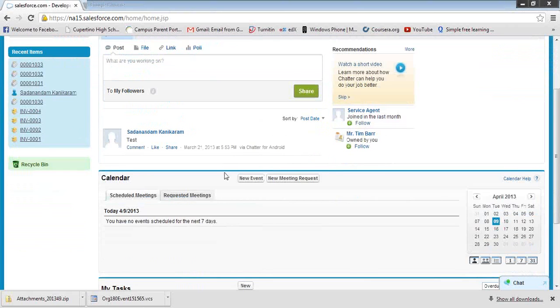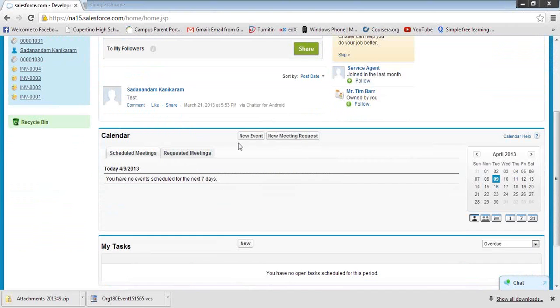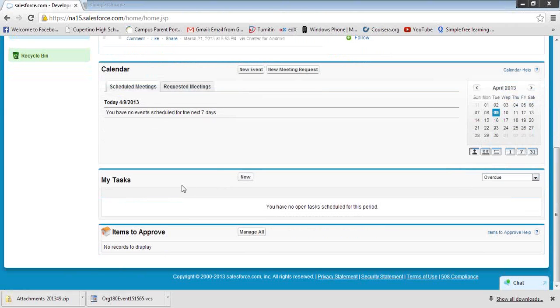But apart from that, the important thing is this calendar. As users of the system, you might have a calendar that shows the meetings you have with your customers. Do you use the calendar, Shrikant? Not really. Okay, but at least my tasks. On the home page, you would see whatever tasks you have. A task could be sending an email to someone or calling somebody. All those become tasks, and they'll be shown here on this home page under this section.